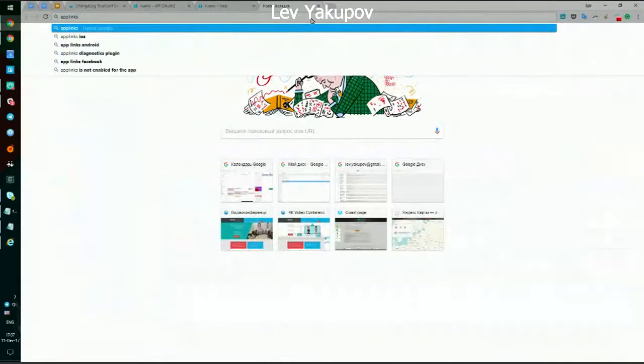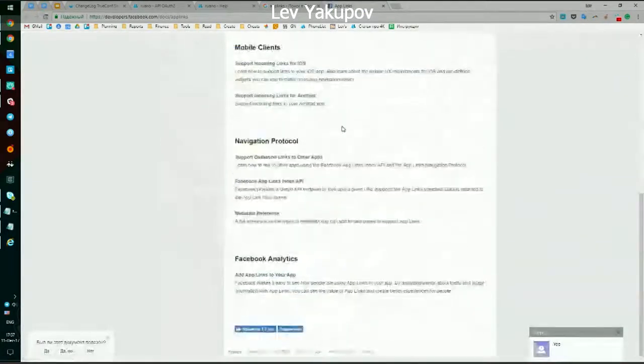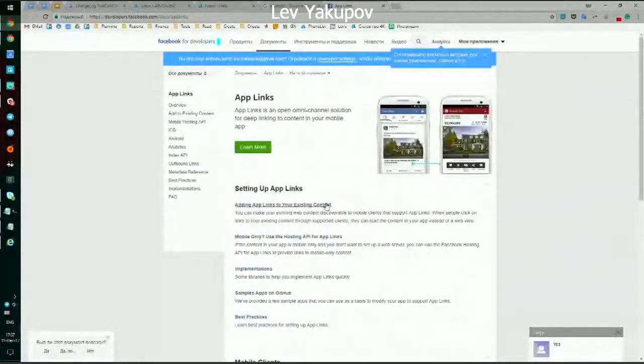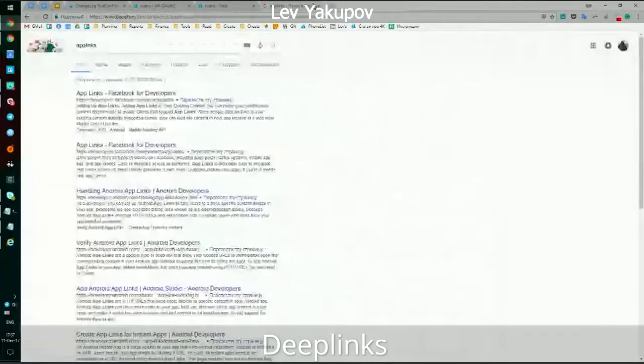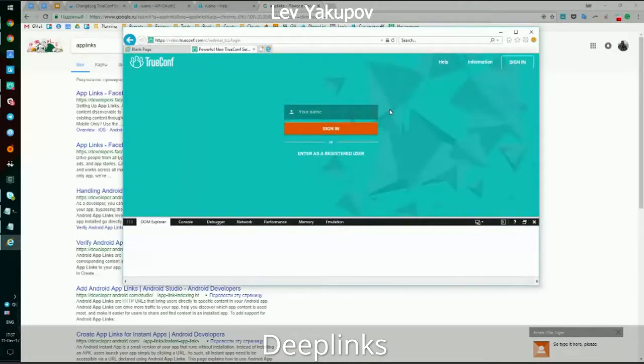If you Google it, for example, Facebook has an implementation of applinks, you can see more details about that technology. And another thing is deep links. So deep links are a little bit different. If I open the page of our conference,